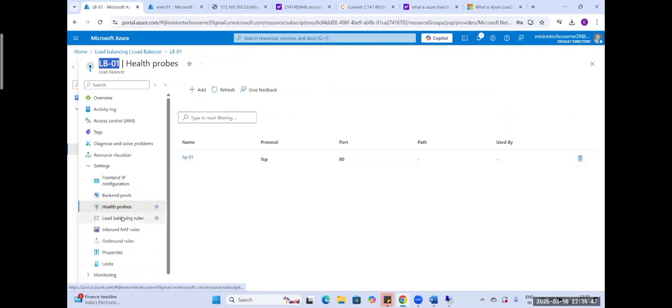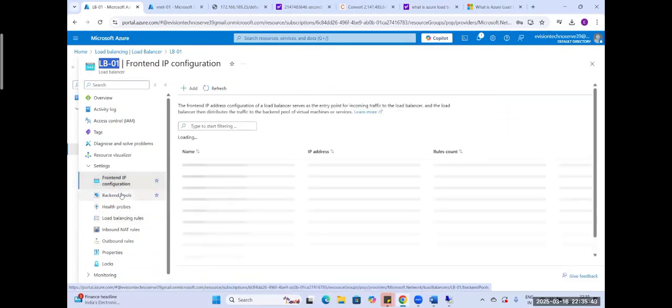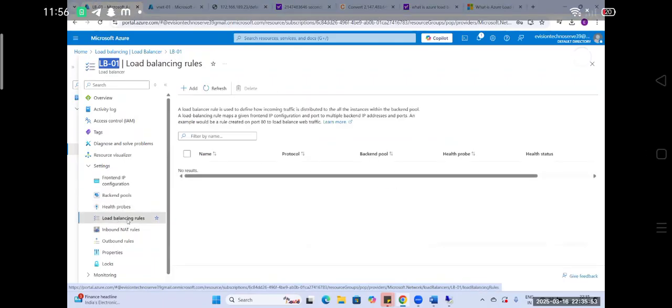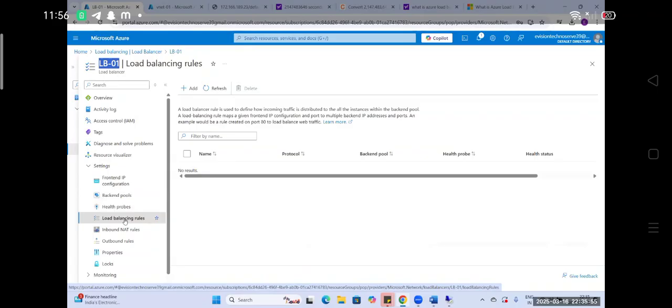Now let's set up the load balancing rule. तो हमारे पास front end भी है, we have the back end also, we have the health probe also. Now it's the time to set up the load balancing rule. This is the actual main component. इसके बिना कोई load balancing नहीं होती।